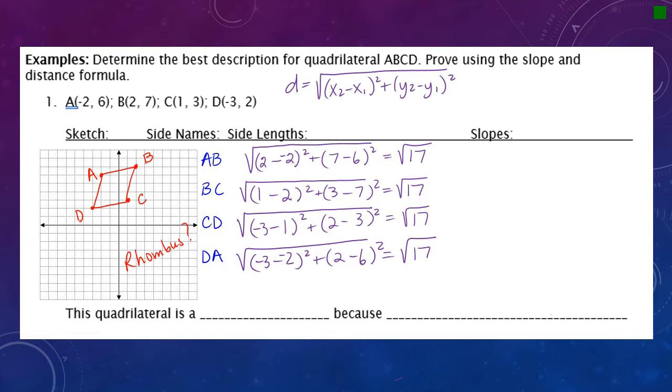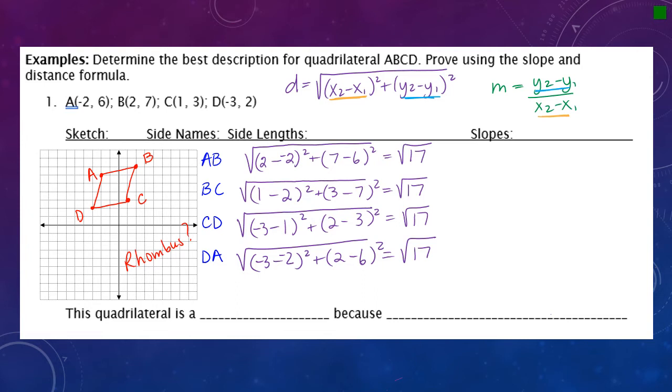All right, now my last step is I have to find the slopes. I'm going to write the slope formula up here. Okay, so there's a slight shortcut that you can do. It won't save you a ton of time, but it saves you a little bit of thinking. When you're finding the slopes, you'll notice that this first set of parentheses here is the same as the denominator of the slope formula. And then the second set of parentheses is the same as the numerator. So once you've written out your distance formula, it's almost like you're copying and pasting